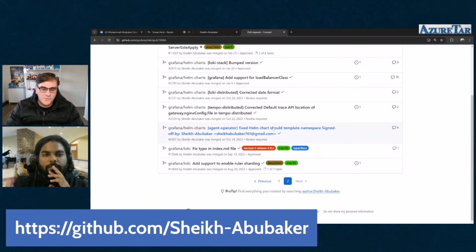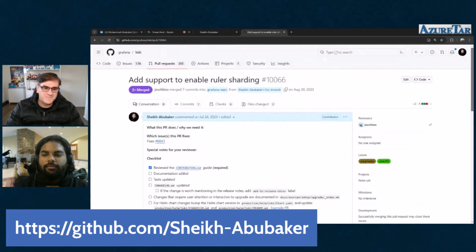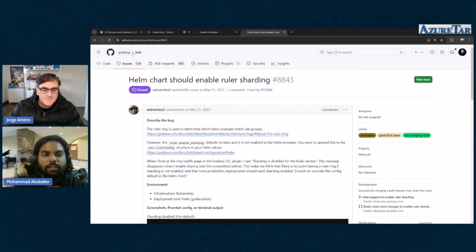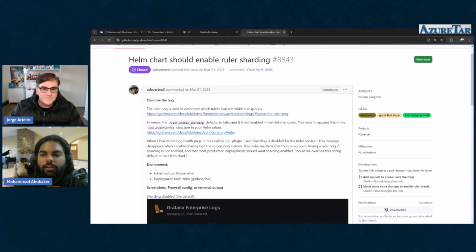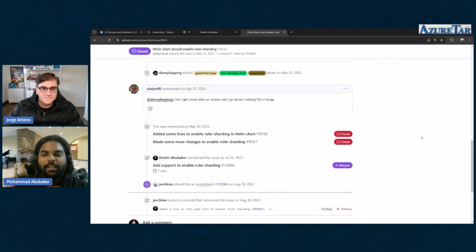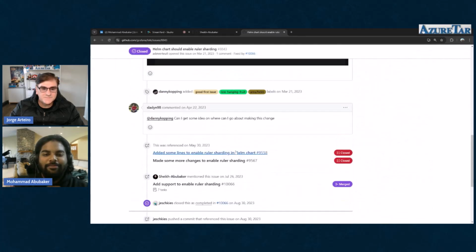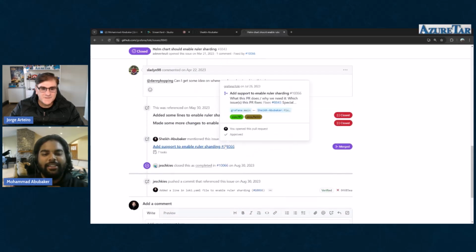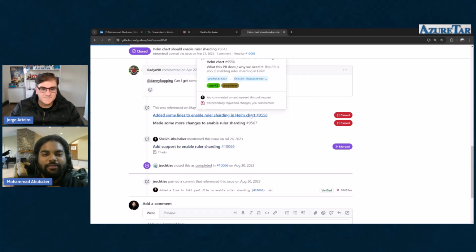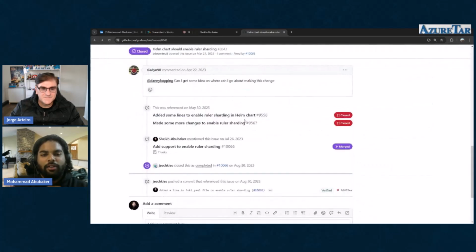And you started around 1 year ago when you pretty much started creating PRs, but you started before learning the project. So yeah, this was, you can see, Grafana Loki. This issue, Helm chart should enable ruler sharding, issue number 8843. Since this was the very first PR, I made some mistakes in the very first or second PR. The third PR of mine got merged, but I'm showing you this because